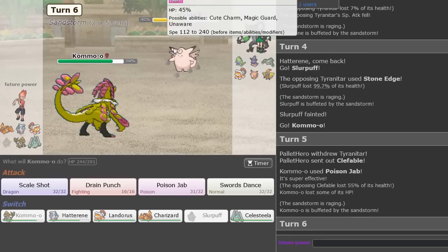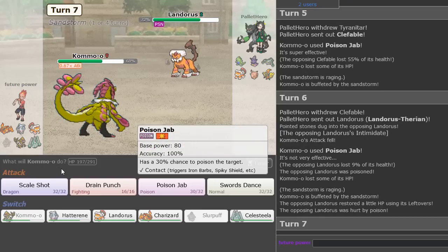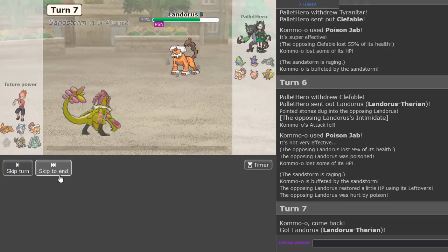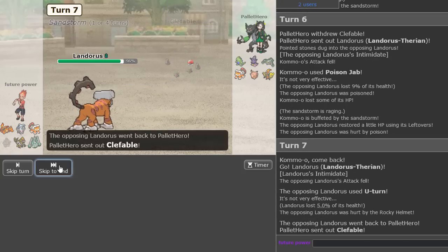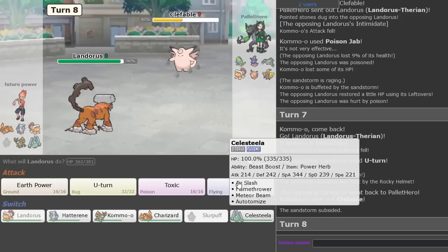As they go Clef, and this is a 2-hit KO. That's the Life Orb coming in right there. That is amazing. Poison this too, which is really good. Okay, so if he had rocks on this, he doesn't have rock on this. You turn out Chip, just what you love to see. So Clef is back, and we just get to go into, I don't know if this is unaware or not,